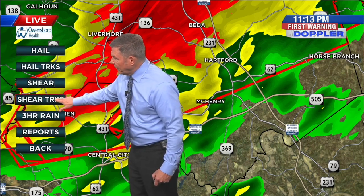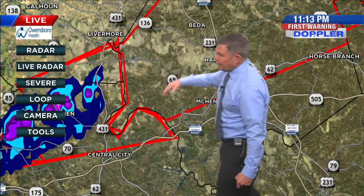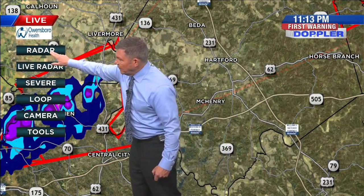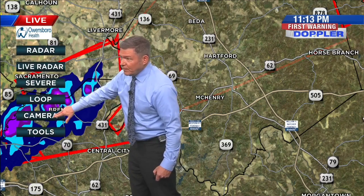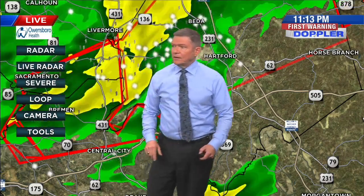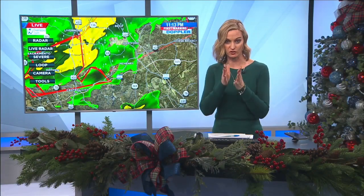So we'll shoot the shear tracks one more time. And it sure looks like it's going to pass north of Hartford, but we'll go check that out. And you have the information on that warning, Stacy? Yeah, I can do that. First, let's switch boxes here and take a full screen of this, and I'll show you the track